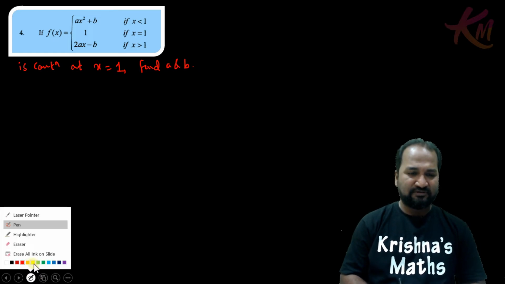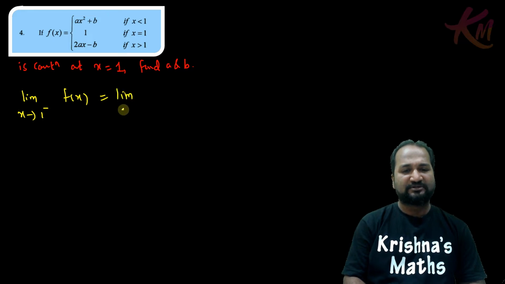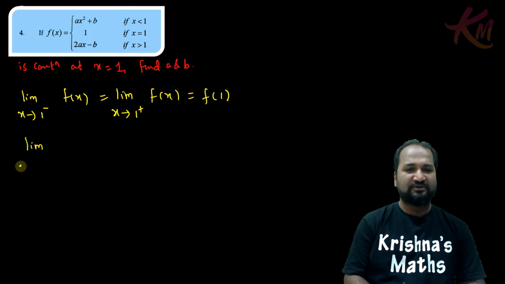If the function is continuous at x equal to 1, then limit x tends to 1 minus f of x will be equal to limit x tends to 1 plus f of x will be equal to f of 1. Okay, so this is limit x tends to 1 minus, for less than 1 the function value will be